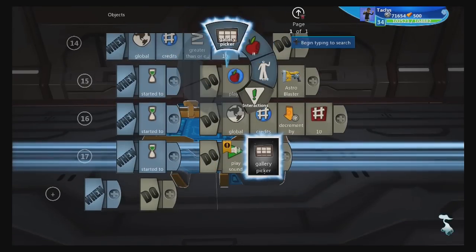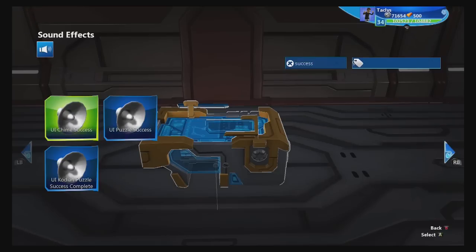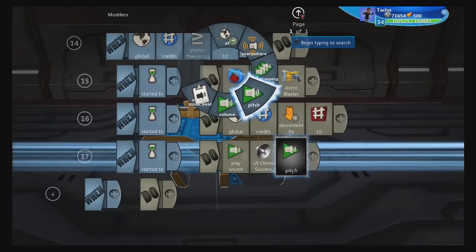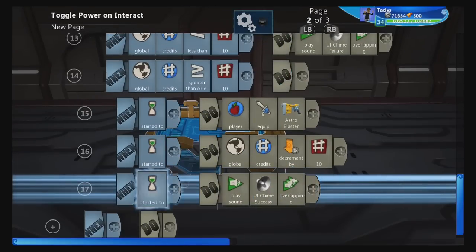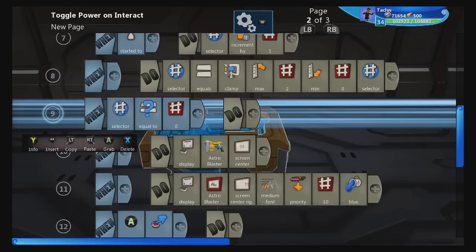Because everyone likes to hear sounds of affirmation. There we go, not reformation. So we're going to do success, which is a similar sound to the failure, except it's the successful version and overlapping. There we go. This is the basic structure of our shop, and we're going to be copying and pasting